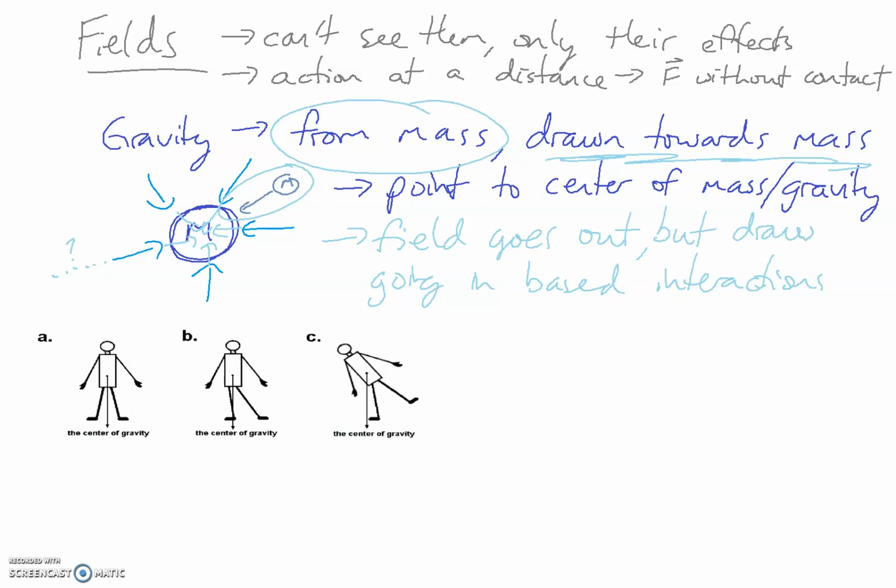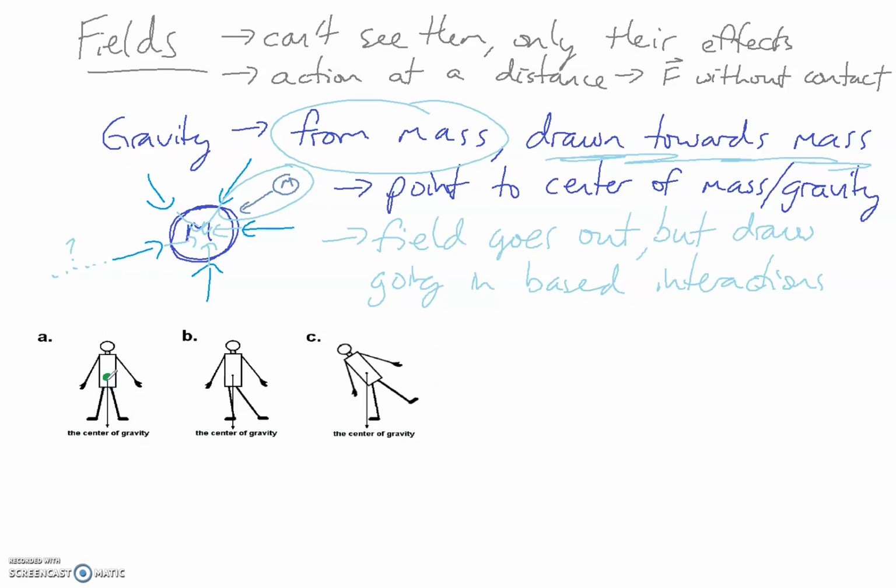Okay, so let's talk a little more about the whole center of gravity, center of mass idea. And here we've got a nice little token diagram of a person and center of gravity, and what often people think of when they think of center of gravity and center of mass is balance. The center of gravity or center of mass for a person is about in their stomach. It's usually a little bit higher for males, a little bit lower for females, but right there.